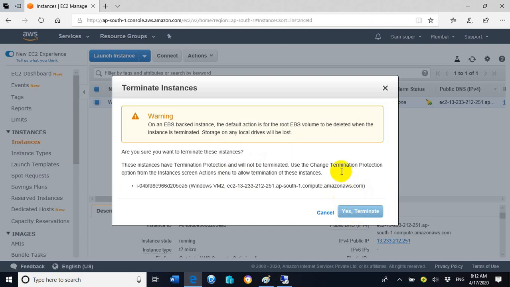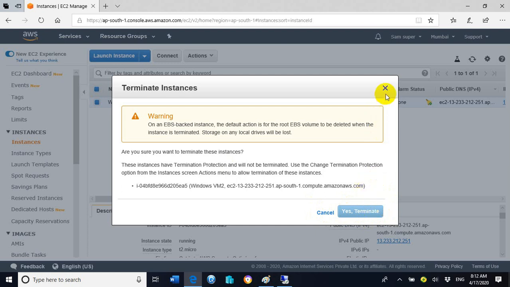Now you can see here it is not allowing us to delete or terminate this EC2 instance, because at the time of the creation of the EC2 instance we check marked the option to protect from accidental deletion. So here you can see the yes terminate button is disabled or grayed out, so it is not allowing us to terminate this EC2 instance.